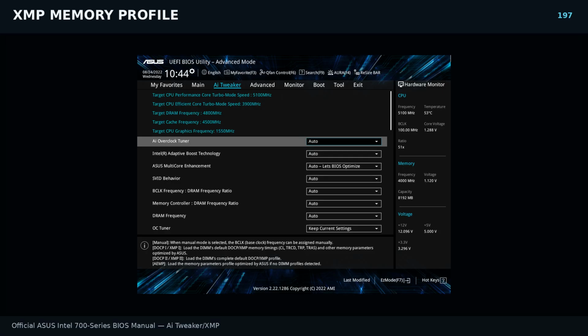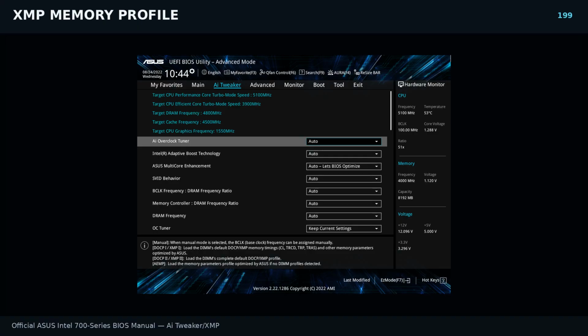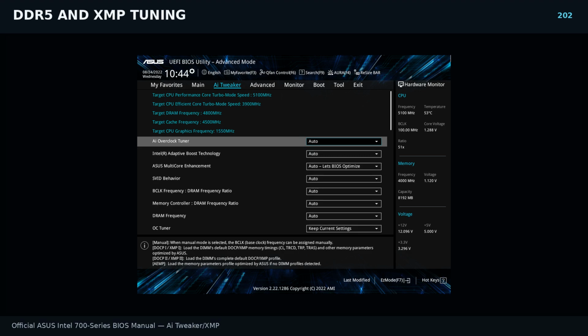Then, in the UEFI, read the SPD and XMP data from your own modules. Those are the values you should start with. Enable XMP1 and see if the board trains and boots. If training loops or memory fails to initialize, try XMP II. If both struggle, step the memory frequency down one bin to 6200 and try again. Remember, 2 by 32 gigabytes at 6400 is an overclock for the integrated memory controller, and your CPU's IMC may prefer a slightly lower data rate for daily use. It is better to run 6000 to 6200 clean with tight timings than to throw voltage at 6400 and chase